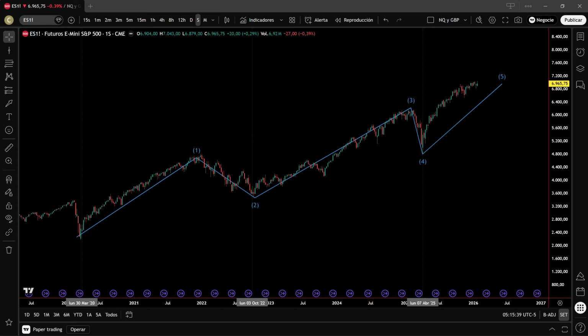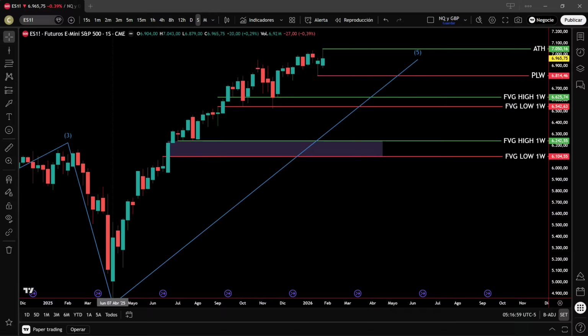As long as the wave 4 structure is not breached, our priority will be to seek buying opportunities on corrections. Understanding which phase of the major cycle we are in is key to avoid trading against the dominant trend of large investment funds. Zooming in on the current price action of the S&P 500, the precision of institutional levels becomes